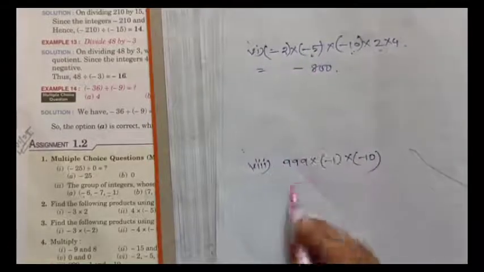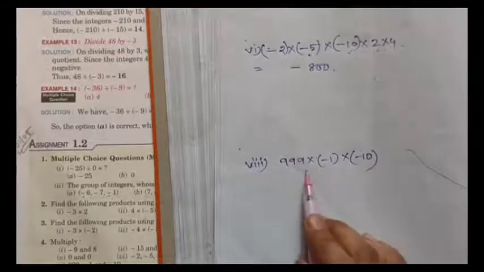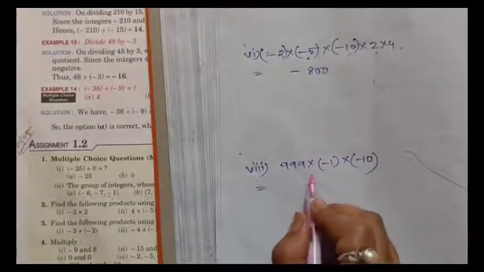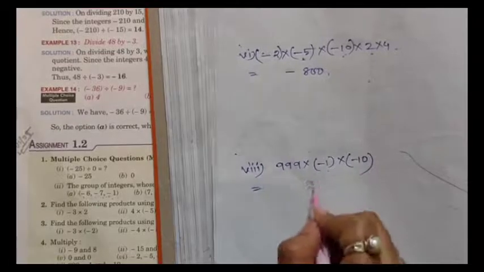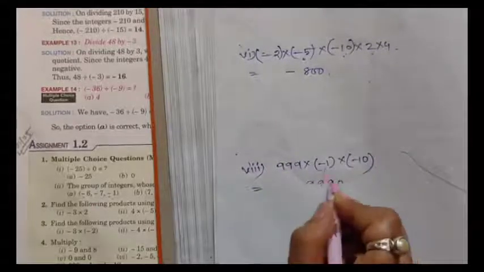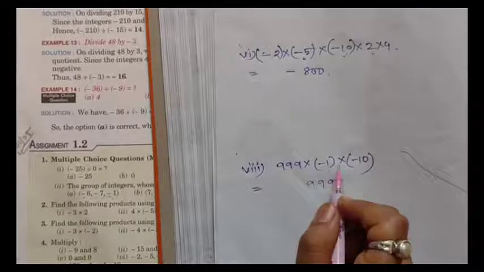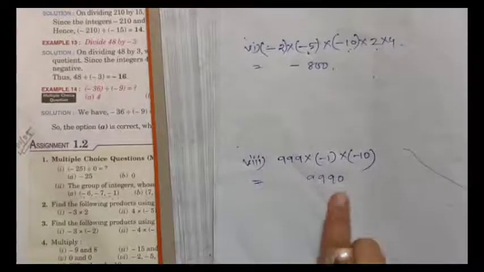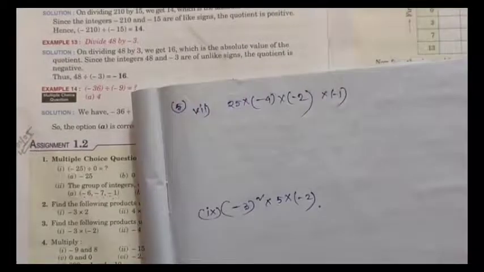Next question, question number 4.8. 999, 110. If you multiply the absolute values, you will get 9990, and for the sign of the product, minus occurs 2 times, an even number of times, so the sign will be plus. So this will be the answer. In question 4 I have also skipped some questions, so you will do those by yourself.